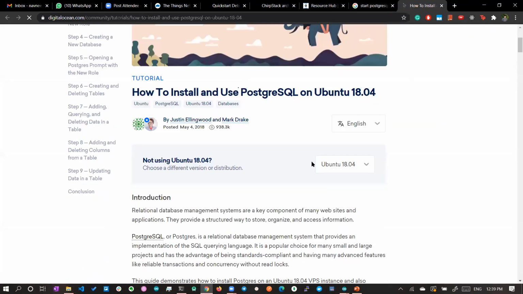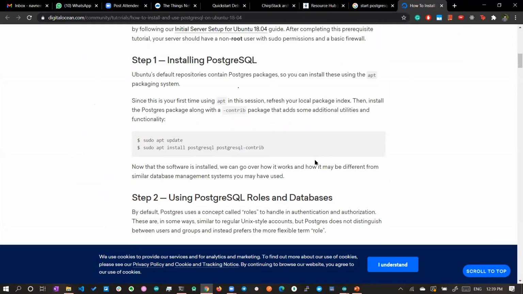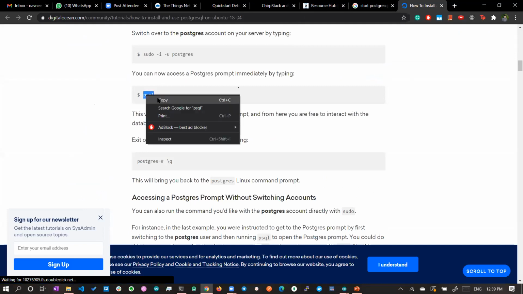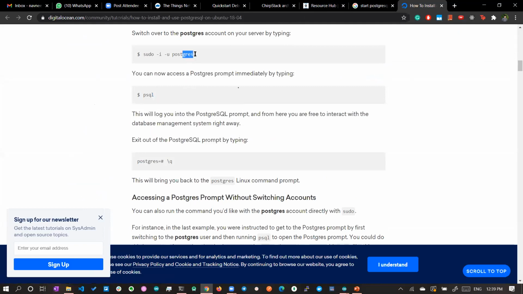So we have to start the service before connecting to the database. You can start it with psql, but I think it's not by this.